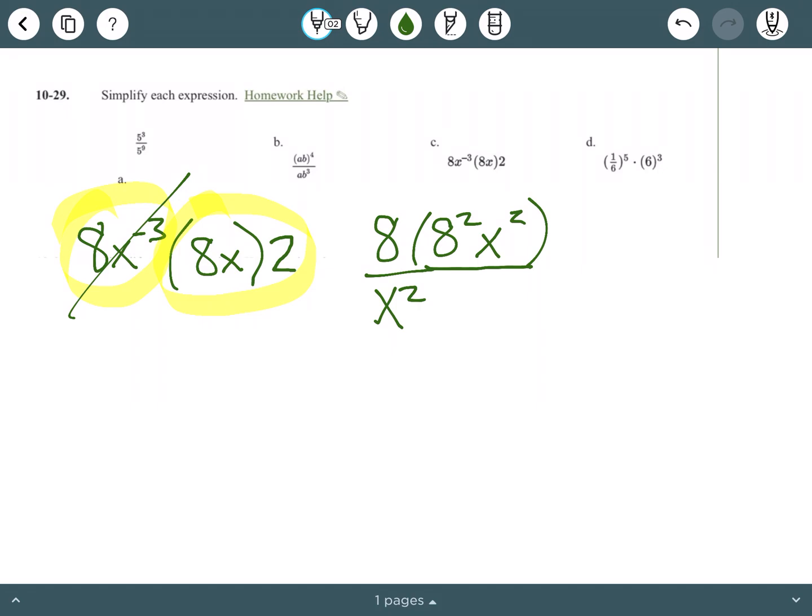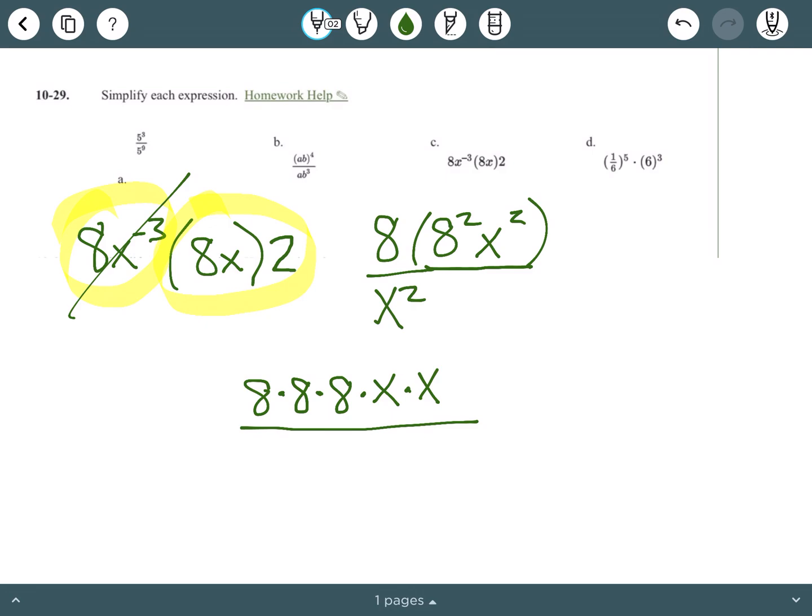All right, so now I've got this new equation. This is not the answer, but I have it set up, and it's set up as a division problem now. So now's the part where I'm going to factor out. Let me do that below here. So on top, I have an 8, and it's going to be times 8 squared, which means it's times 8 times 8, and then times x squared, which is going to be times x times x. And that's all going to be over,